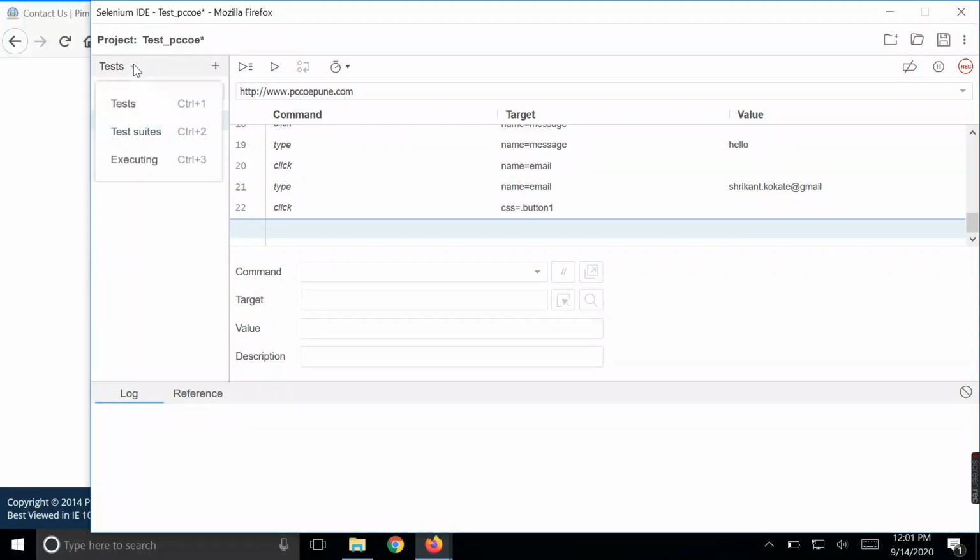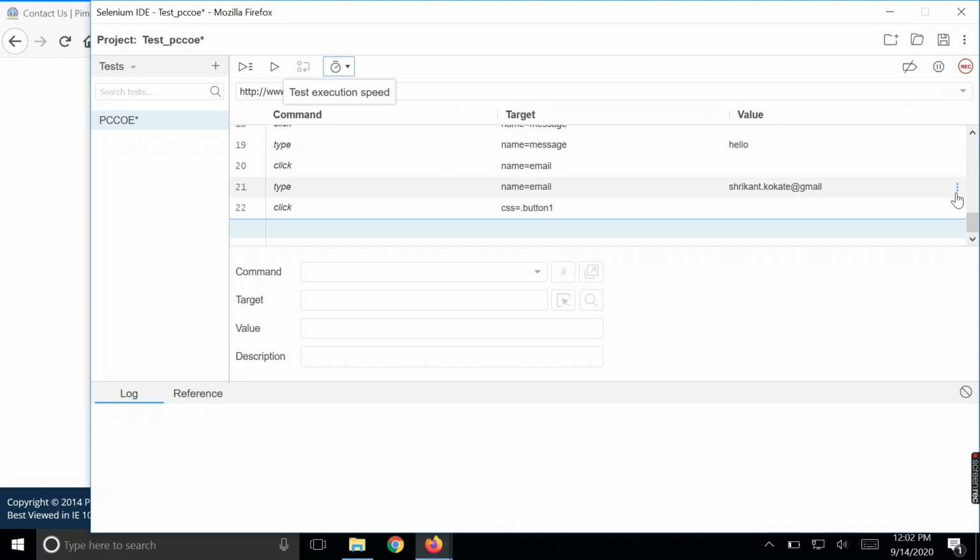So this is the project name. This is the number of tests that you have, test suites, execution and all. You can write multiple test suites like this. Then you can click and say add new. Then here you have the option called run all tests together. Then you have the play option called run current test. Here you can perform this slow or fast. This will be available when you run all the test cases. It will play whatever you have executed, right?